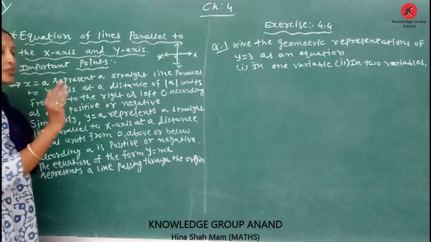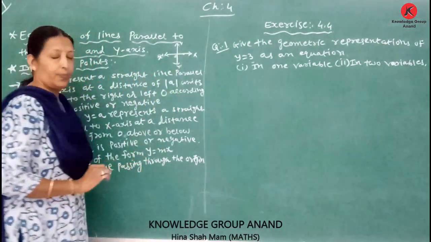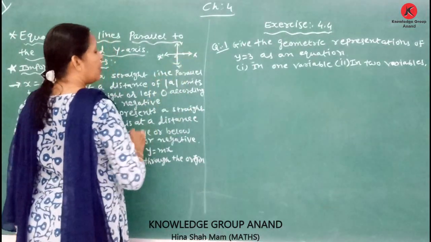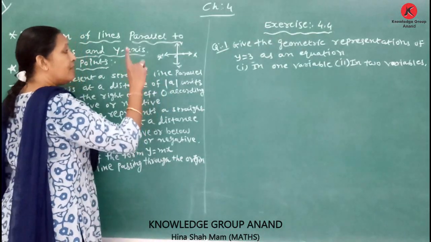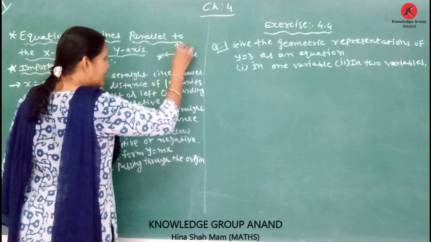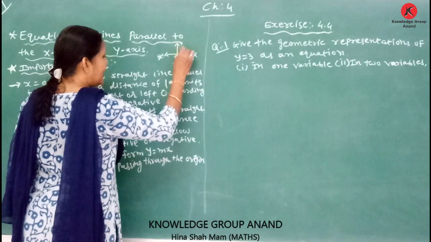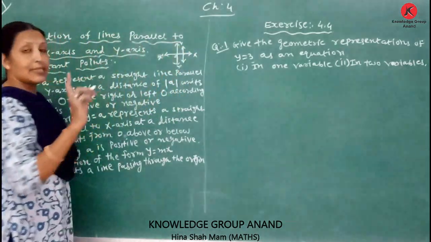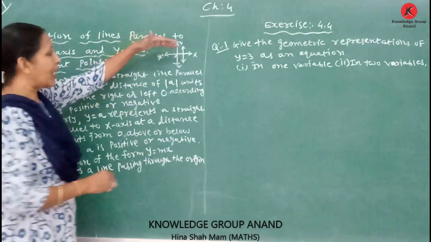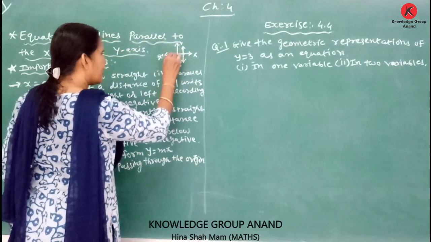x is equal to 1, 2, 3, 4. Suppose our value is here: x is equal to 1, the point is (1, 0). Then it is here. Or x is equal to 1, then y is equal to 1, 2, and so on. Here it is passing through 1. Then the line is parallel to the y-axis, at a distance of, suppose, minus 2. a is equal to 1, but it is minus here.